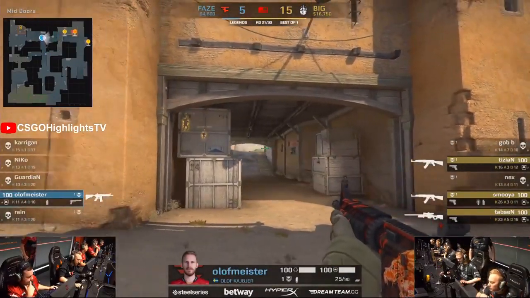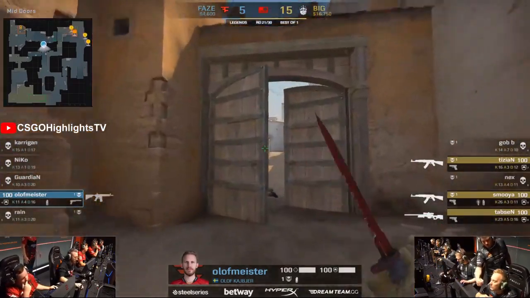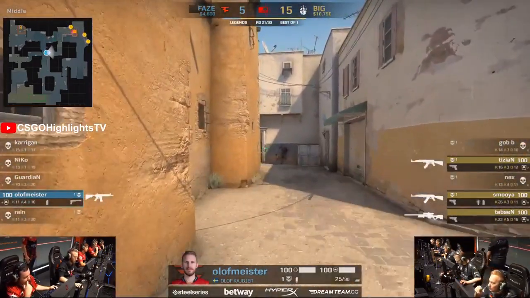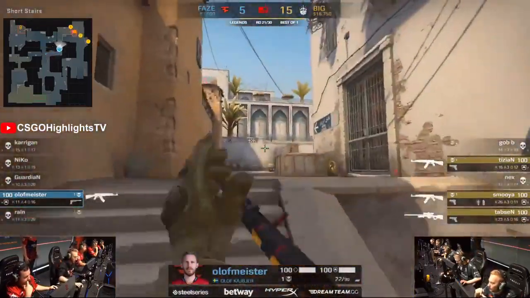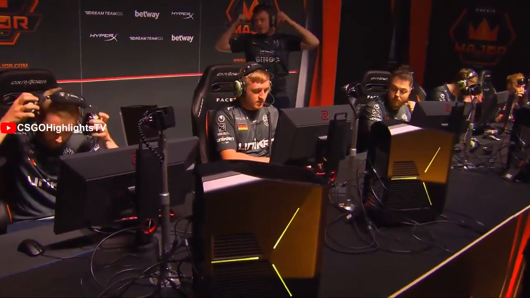M4. Sees a play towards the car. If he had a sniper, he could wallbang through the window. Don't think he'll have so much success with the M4A4. Olofmeister versus 3 players. He doesn't have a defuse kit. I don't know if there's one on the way. Has to fake a flashbang just to get around one corner, but the off angle from Smooya will be enough, and that is...